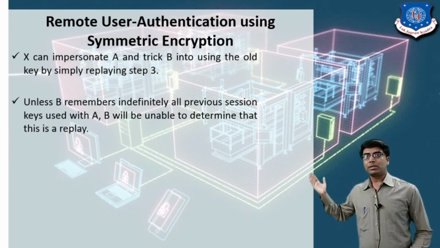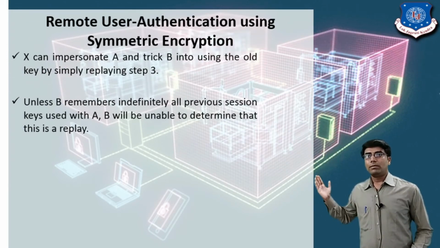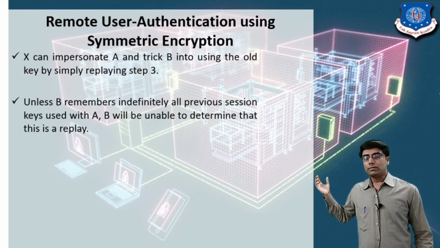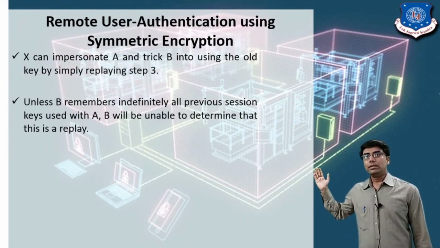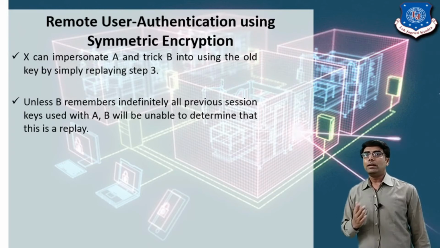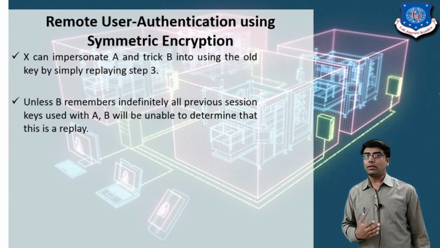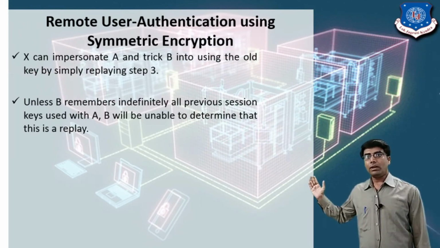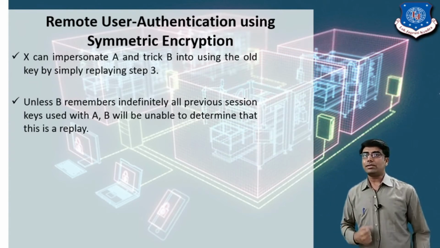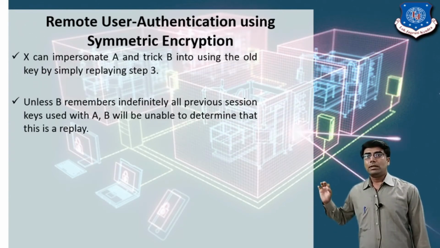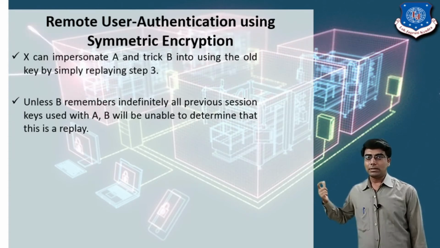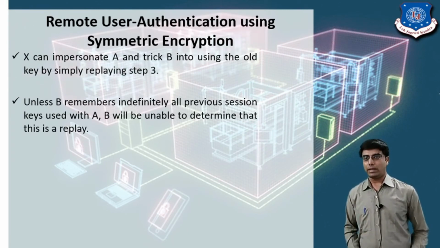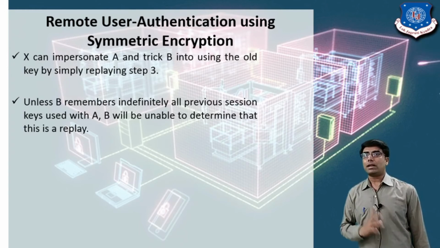In the third step, the session key will be stored by user B. Now user B will get the message and decrypt it using the master key of user B. After decryption, it will get the session key. Here user B doesn't know this message was sent by the attacker X instead of user A. Here the replay attack will start.